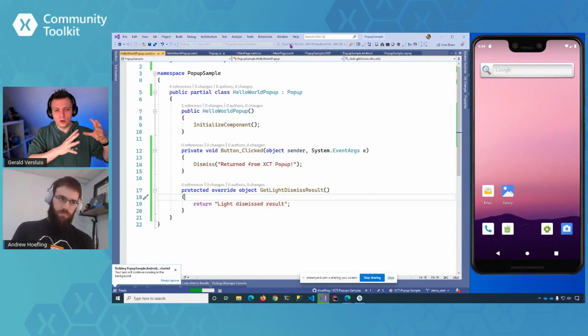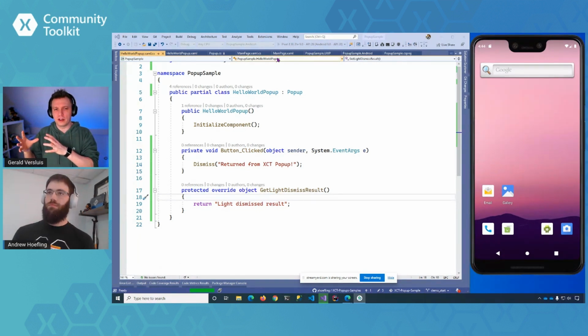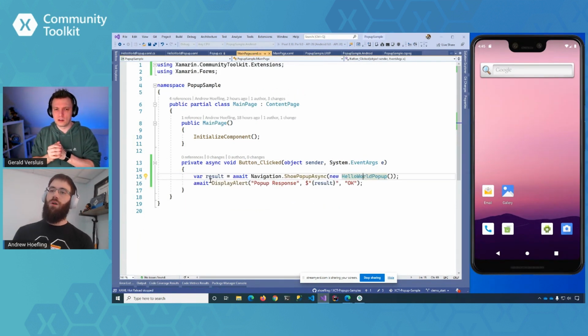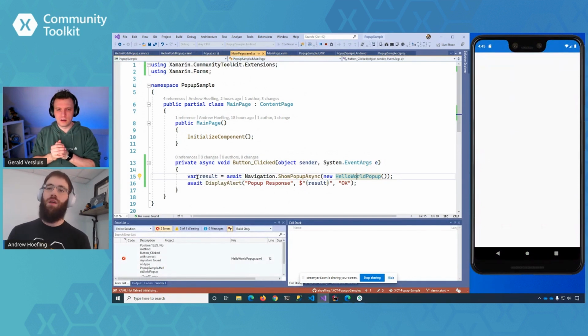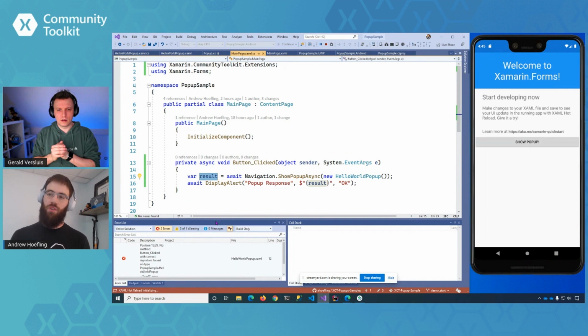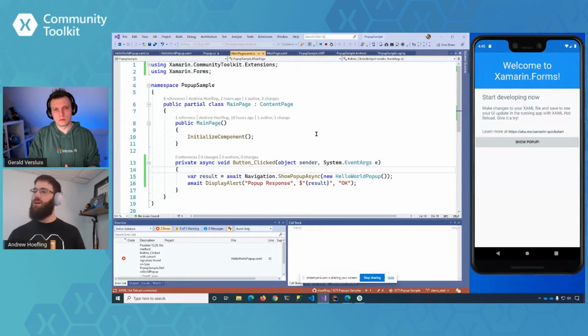So while we're waiting, could you also do a simple null check then, right? Would you then know for sure that you've done the light dismiss? Yes. Over here on the main page, we could always null check the result. That would ultimately be the same thing. It depends, because with your light dismiss you might want to return some data that your pop-up has. And if your pop-up has some valuable business data that was generated as part of acting in that pop-up, it might be valuable to have that result have some data. In other cases, you might not need to. So both are valid. Got it.